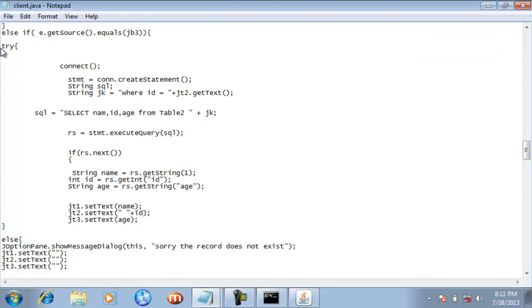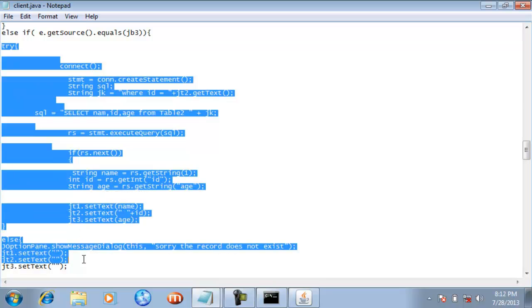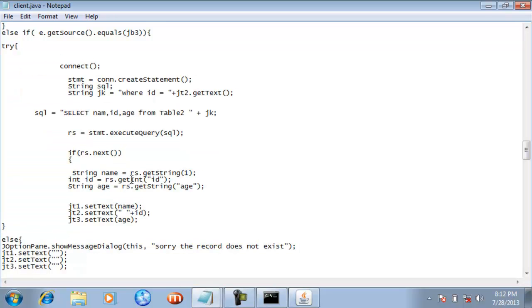We are seeing the try and catch block, as you can see. One thing I want to repeat guys, that whatever statements or code I am writing here, all are inside the try and catch block. There is a reason why I am using the try and catch block again and again. This is because whatever interfaces or classes you have seen, like statement, prepared statement, result set, all these classes and interfaces throw exceptions.